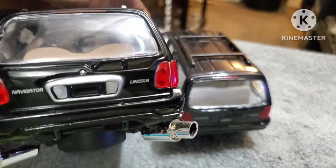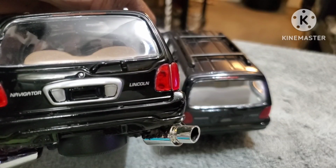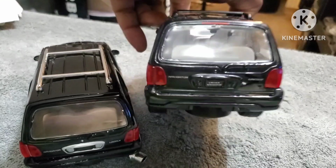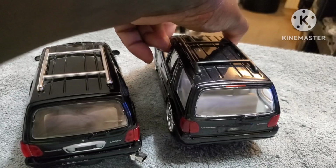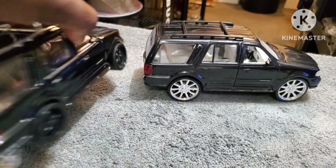The chrome wrap around the license plate, you can see where the reverse light is chrome on this one, and this one you can see is plain black. So there's a difference in the two. Also, if you look at the,